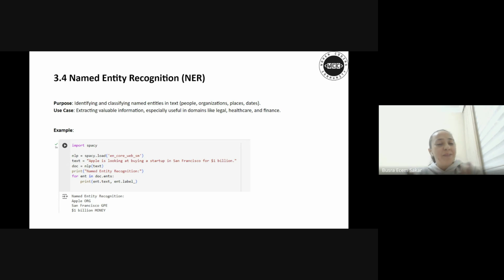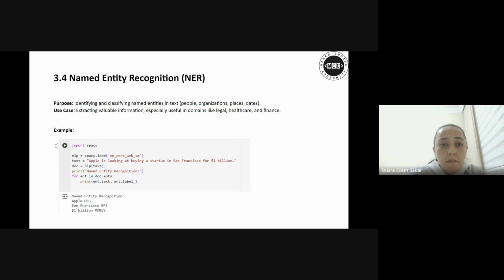It is incredibly useful for extracting key pieces of information from large amounts of text. For example, in the legal domain, it can extract the names of people and organizations from contracts or legal documents. In healthcare, it can help identify patient names, diagnoses, or medications from doctors' notes. In finance, it can be used to extract, again, company names, locations,